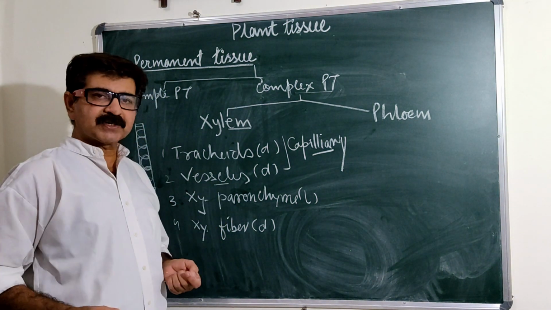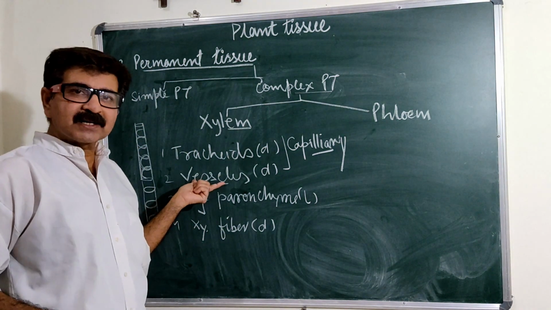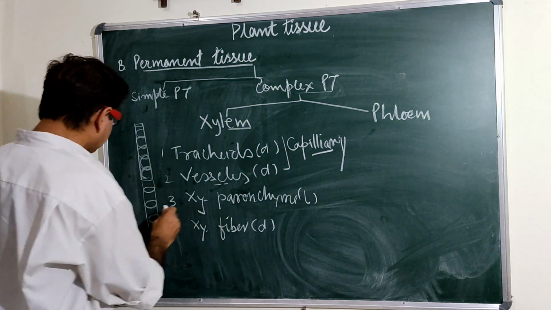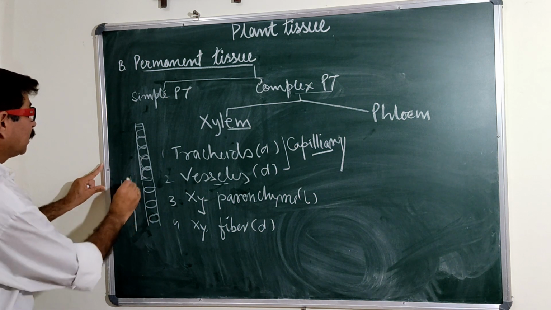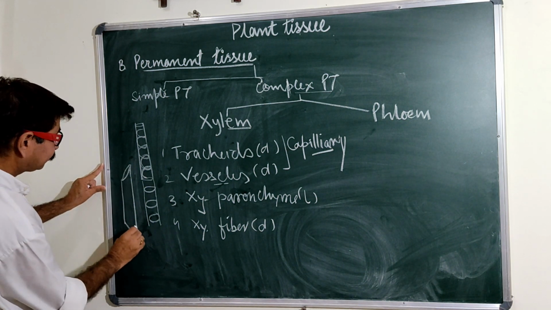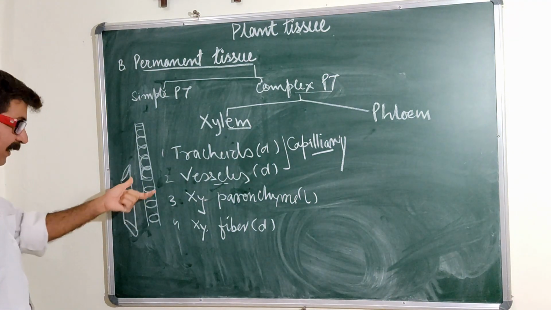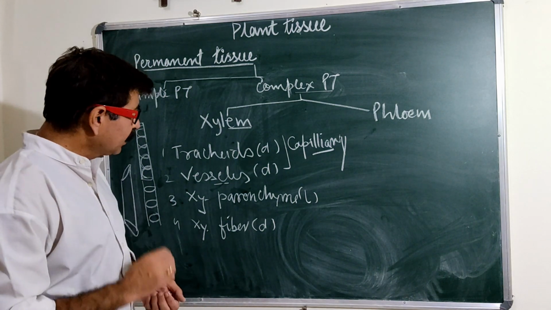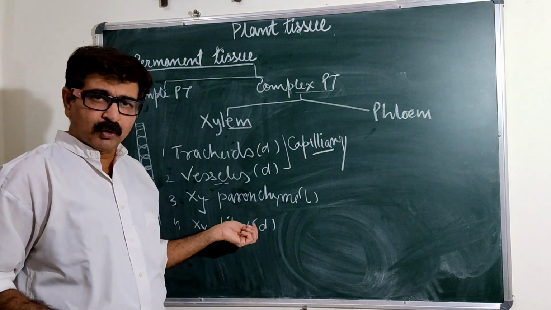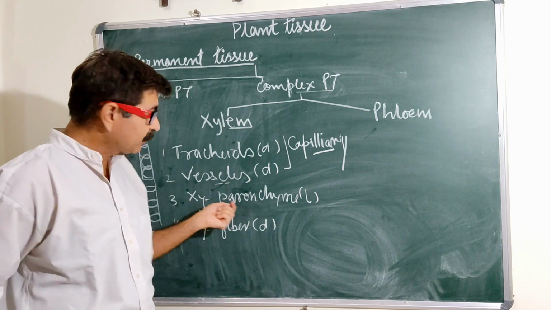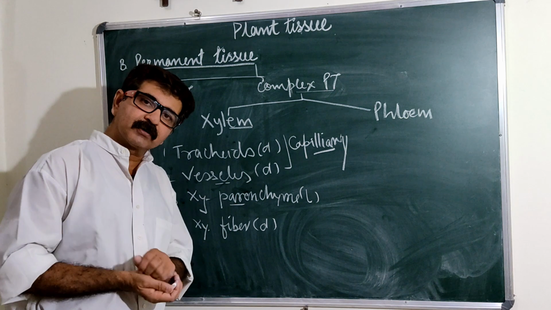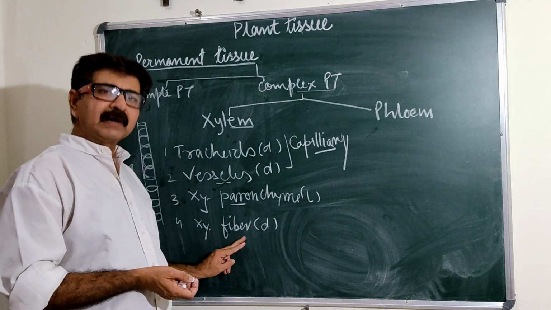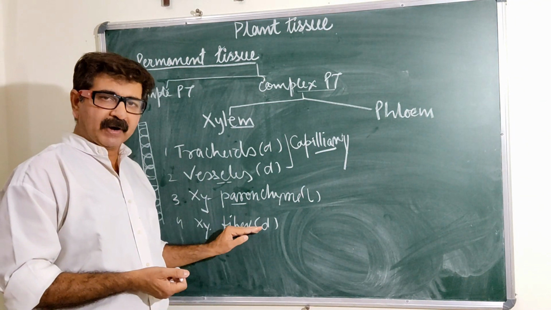Vessels are a similar kind of vessels. The difference is that the vessels are slightly broader and their ends are pointed. इनके end कैसे हैं? थोड़ा सा pointed होते हैं. If you make it here, the ends will be like this. They are slightly broader. The function is similar to the tracheids. Parenchyma, there may be oval or spherical shape, maybe cylindrical shape, right? And the function is storing of the food. These are living cells. Filamentous shaped cells are xylem fibers, dead cells, and their function is providing mechanical strength.